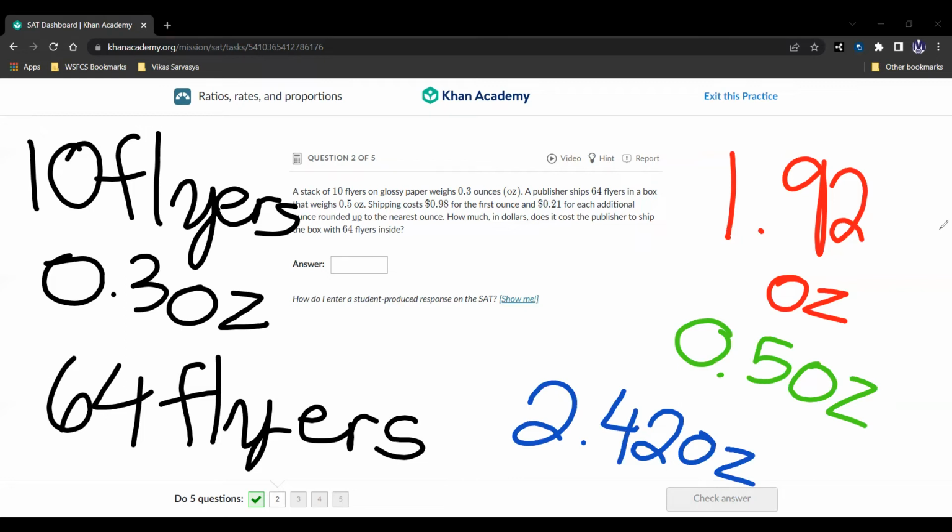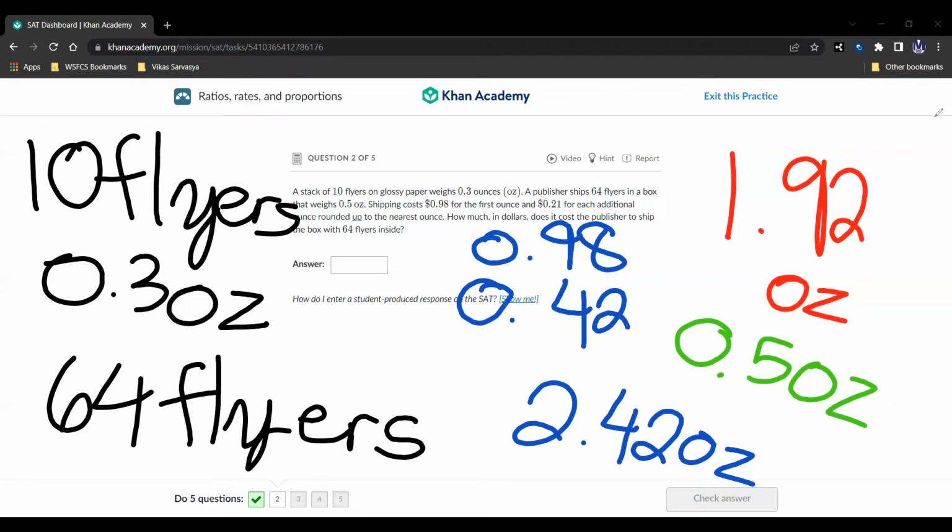So for the first ounce, it costs 98 cents, or $0.98. And then we're left with 1.42 ounces that still need to be shipped. Each additional ounce rounded up. So 1.42 ounces rounded up is going to be 2 ounces. That's going to be 2 times the 21 cents, which is going to be 42